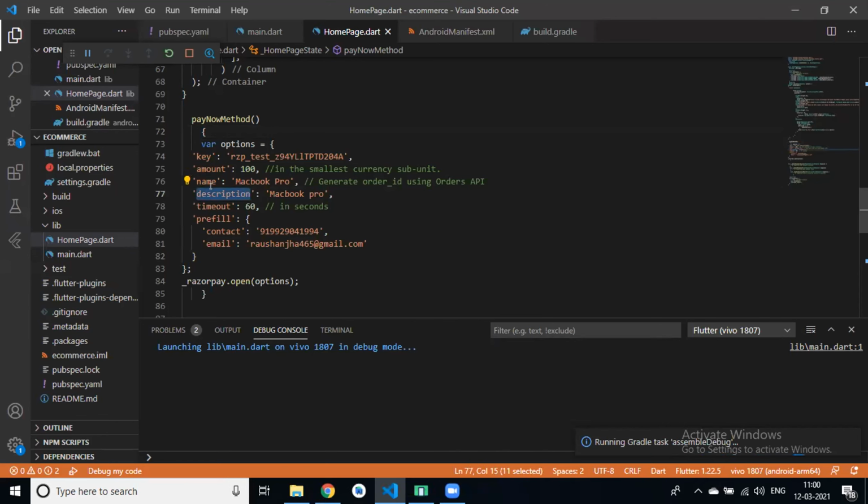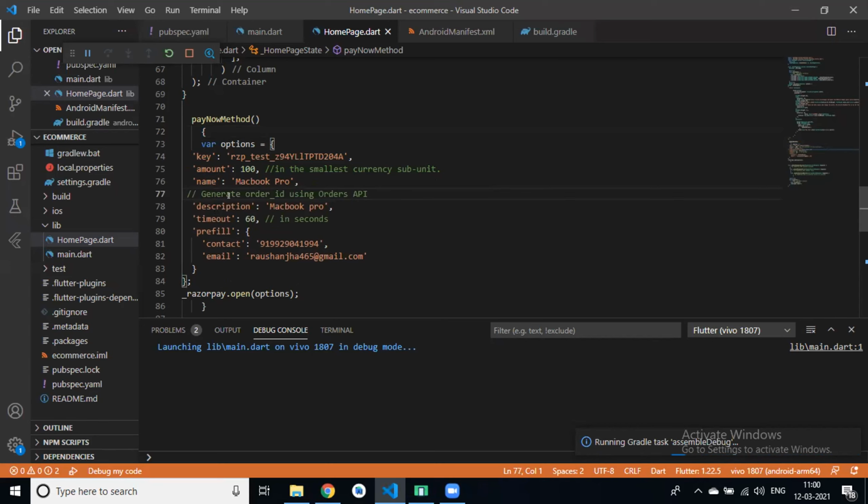I removed the order ID because we don't store any order on the web or in any database. So we have a product description, a timeout, and a prefill.